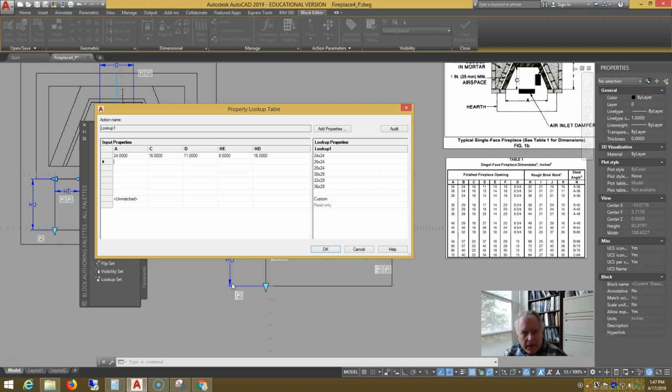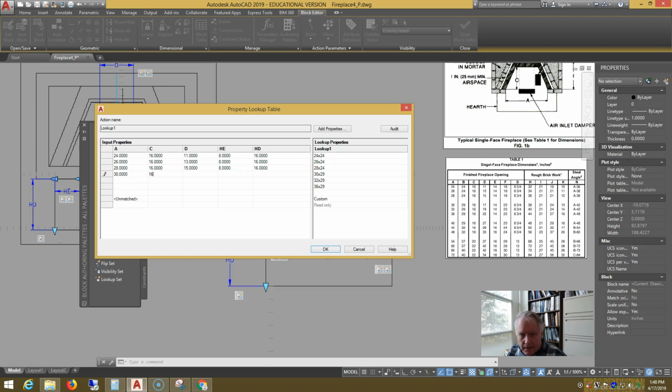And of course those are code mandated, they're not in the table. So 26, 16, 13 and 8 and 16. 28 and 24, sorry, 16 and 15 and 8 and 16. And here we get to a size that's bigger or equal to than 6 foot opening. So if you multiply 30 by 29 divided by 144, you get slightly over 6. So the next one will be 30